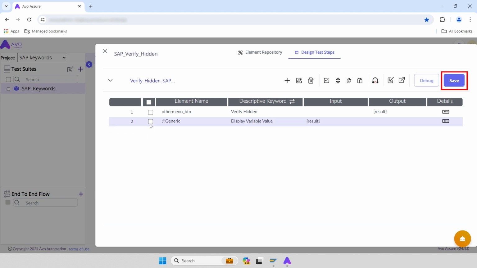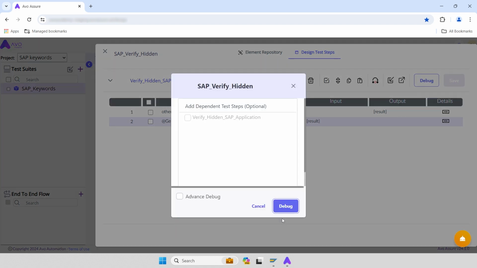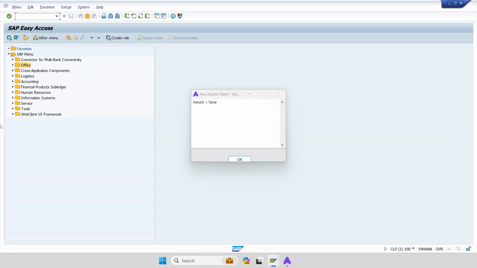Click Save to save the designed test step. Next, click Debug and click Debug again from the pop-up. This will debug the designed test steps and verify the hidden status of the other menu option on the SAP